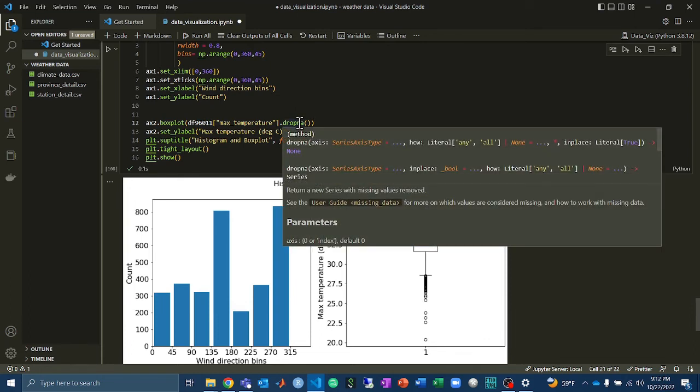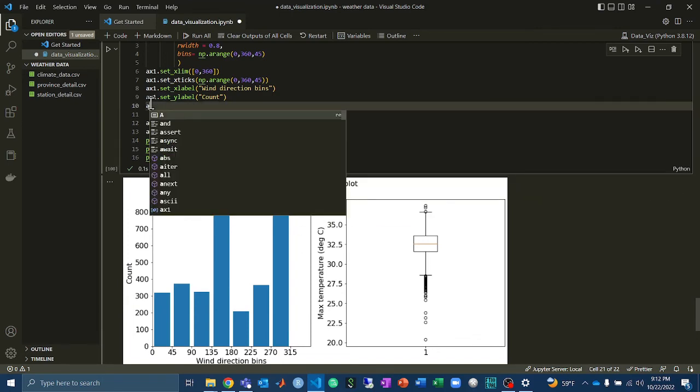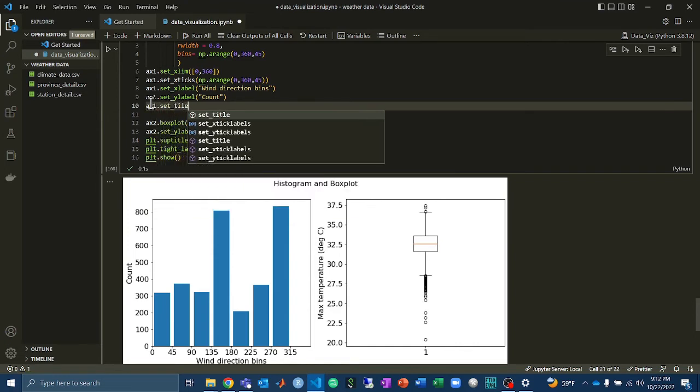The box plot in Matplotlib doesn't like NaNs, so you have to remove those NaNs. You can use the dropna command from pandas. Then again, I set the y label. Then I put a suptitle, a super title, that corresponds to both these figures. You can also independently put titles, for example, if I want to use ax1.set_title,